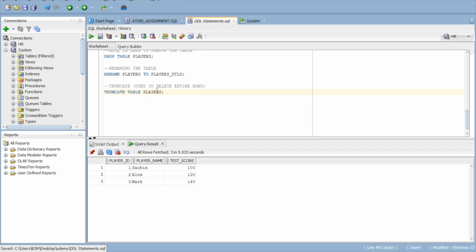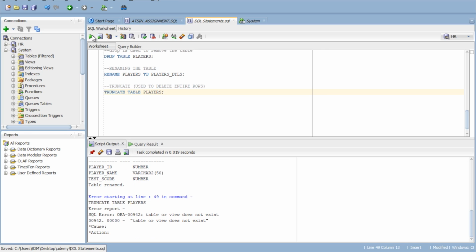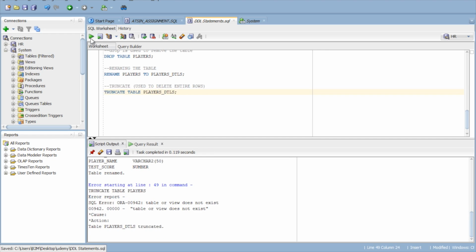And the last command we're going to see is truncate. Truncate is used to delete all the rows in my players table. So here I have three rows, right? Now see here, I'm going to execute this truncate command. Sorry, I need to give my new table name here, players_DTLS. If I execute this command, I got a message called table players_DTLS truncated.